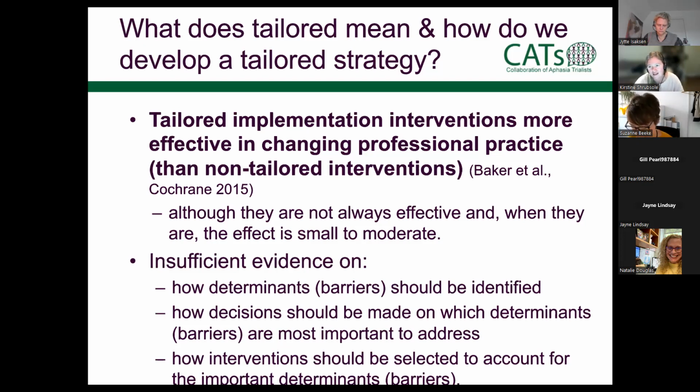There's been some studies looking at one thing and then they look at 10 things, and sometimes they both improve. So similar to the intervention studies that we're seeing, the implementation research is trying to unpack these sorts of things as well. And again, looking at the evidence for actually selecting those elements of an implementation strategy. Again, there's lots of things that people are doing that are informed by theory, but again, there's no evidence that says one way is better than the other. So that's lots of unknowns, essentially.